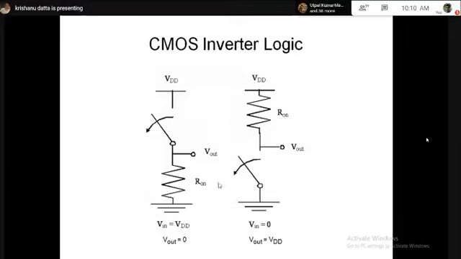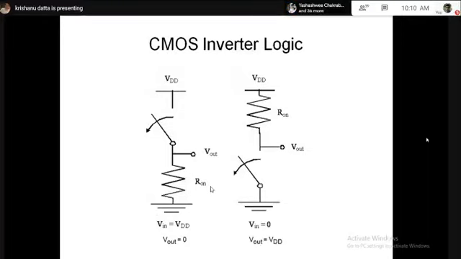So basically the summary was that the key observation about this CMOS circuit is that when NMOS is on, PMOS is off. When PMOS is on, NMOS is off. And that gives the opportunity to create a very healthy logic at the output. And all the problems that we faced with the NMOS logic family got solved by the CMOS logic family.